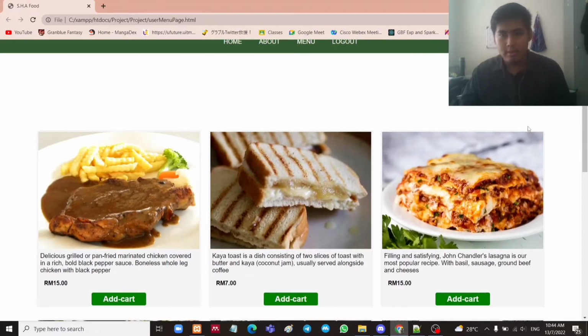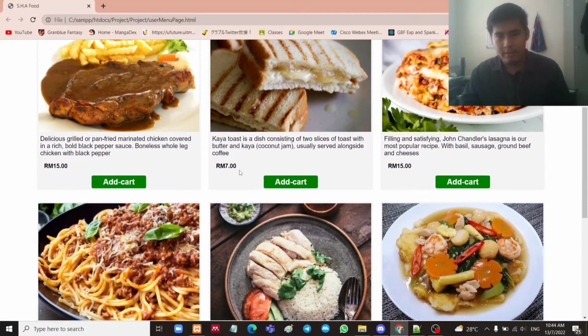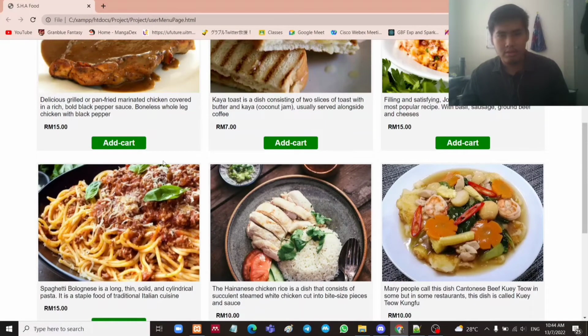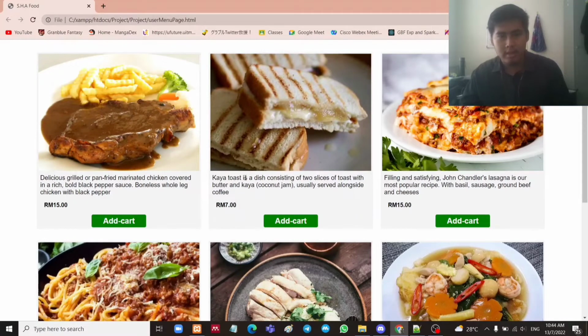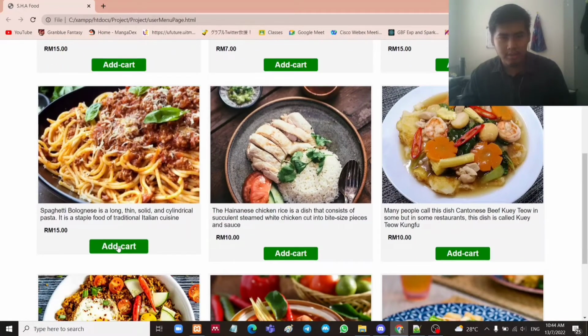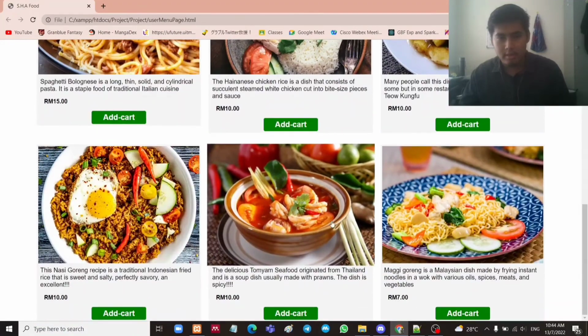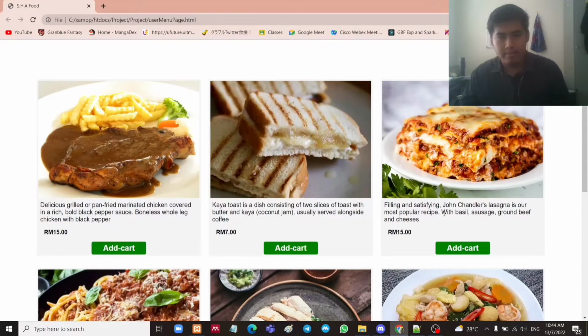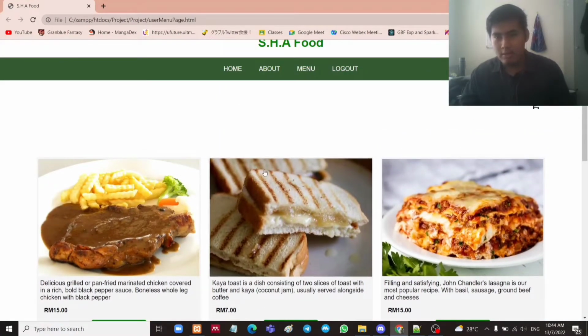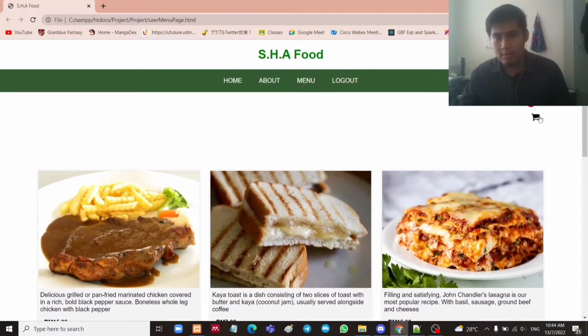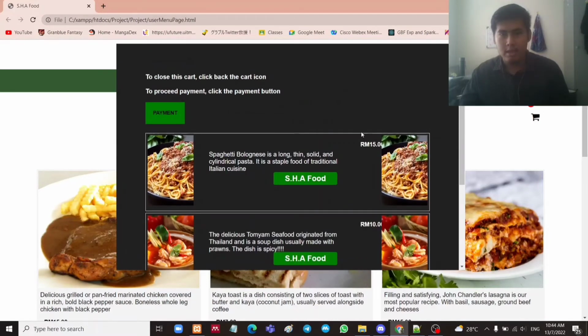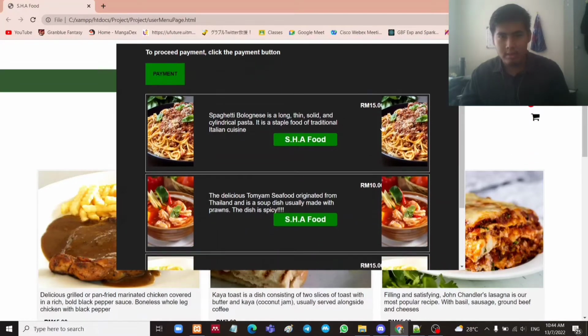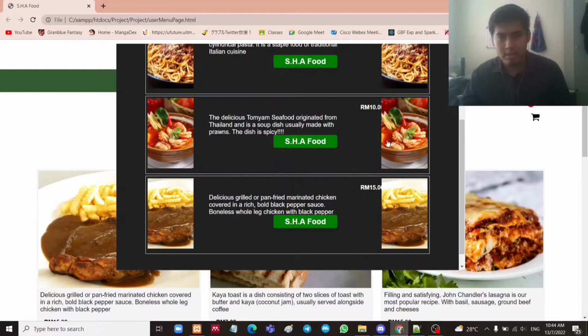To test it out, for example, I want to choose some food and put it into the cart. So I pick some spaghetti bolognese and then tom yum or some chicken chop. As you can see, when we add to cart, there's a notification here at the cart label, and when we click here, there is an add to cart page that shows the food that we choose,